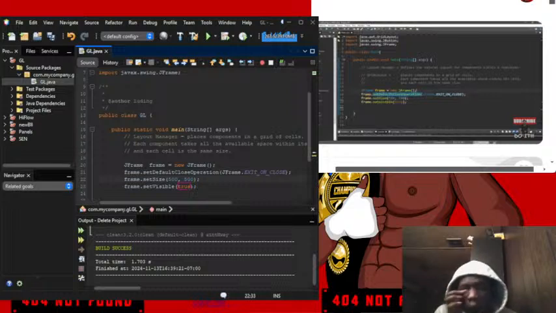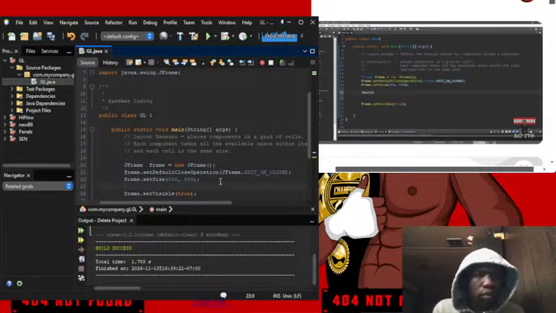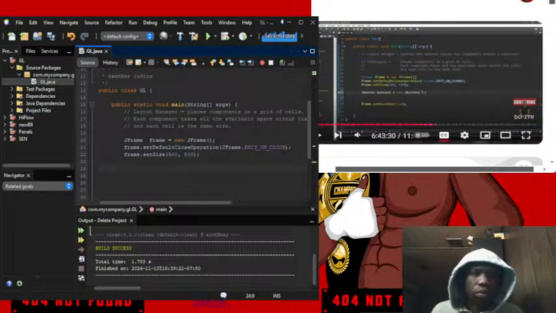So to create a frame, like always, we just say JFrame, we give it a name like frame equals new JFrame, frame.setDefaultCloseOperation, JFrame.EXIT_ON_CLOSE, give it a size, the size doesn't matter, and frame.setVisible to true. So let's create a whole bunch of buttons. I don't know how many, maybe 9. So to create a button, we just type in JButton. We can give this a name like button1 equals new JButton, and then when we instantiate this, we can set